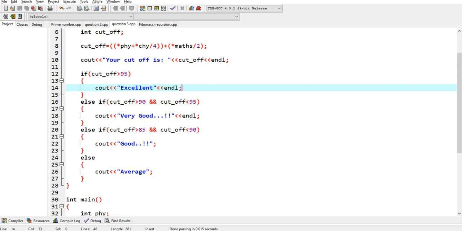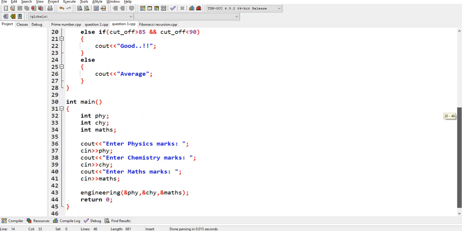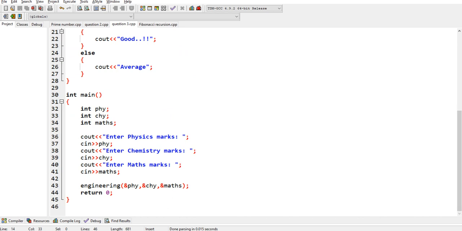Else if cutoff is greater than 85 and less than 90, it will show good, and in the else part it will show average. In the main function, the user will enter the marks of physics, chemistry, and maths. Enter the physics marks, enter maths and chemistry. Here the function is called by reference with physics, chemistry, and maths.